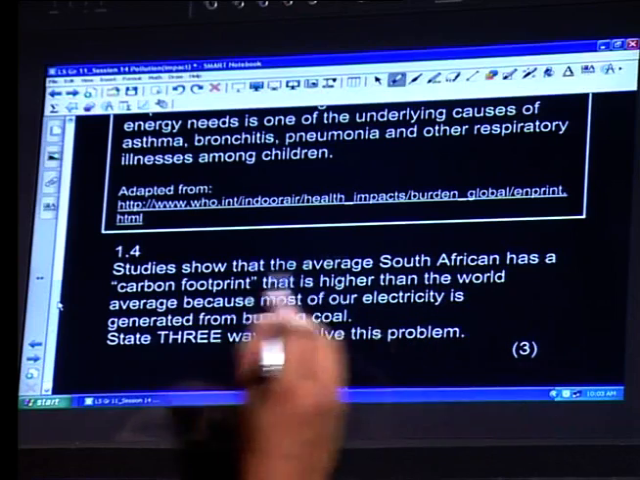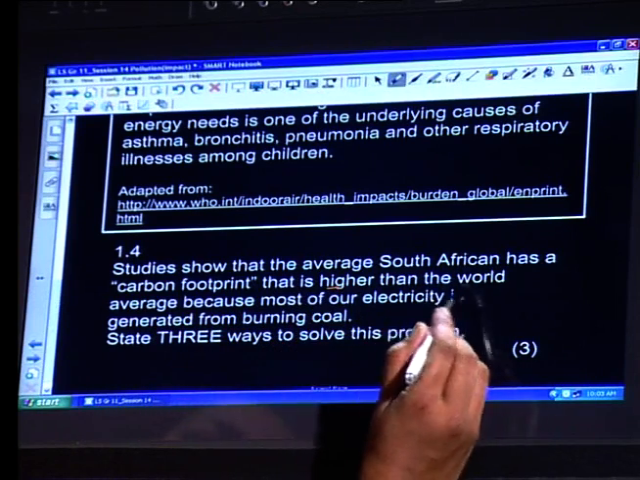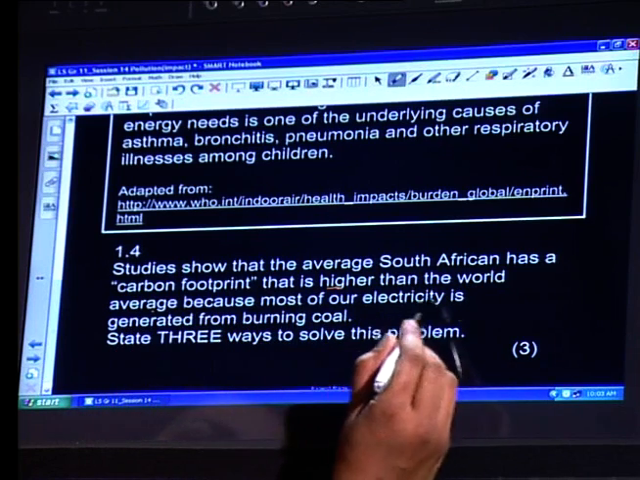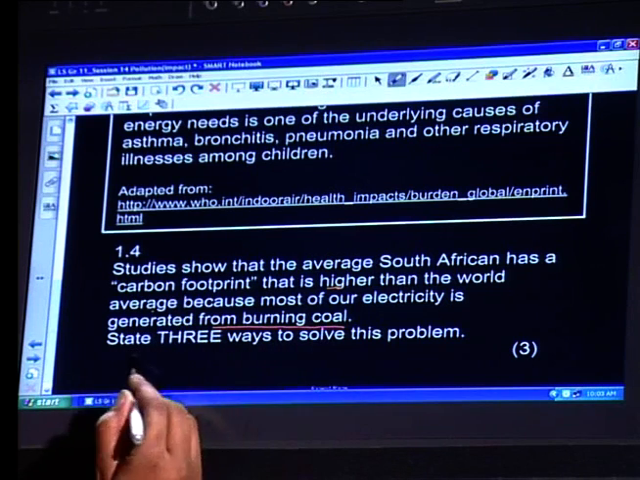Studies show that the average South African has a carbon footprint that is higher than the world average because most of our electricity is generated from the burning of coal. That means in South Africa, most of our energy is dependent on coal, and coal is a solid form of carbon. So if we depend on electricity, we are indirectly depending on coal, and we are producing more carbon dioxide. Increasing the level of CO2 will result in global warming. Now we want to know, how can we reduce our carbon footprint? And one of the most important ways to do this,